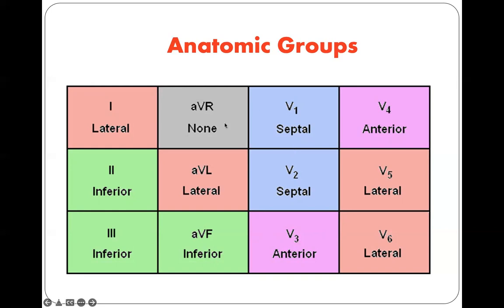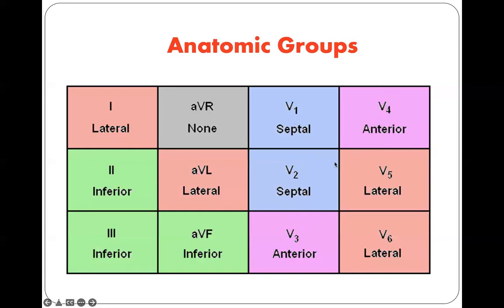All of this we have discussed earlier. And if you remember, these leads 2, 3, and AVF in the green color represent the inferior leads. The V1 and V2 in the blue color represent the septal leads. The V3 and V4 in the purple color represent the anterior leads, and always septal and anterior are affected due to occlusion of the left anterior descending LAD coronary artery,